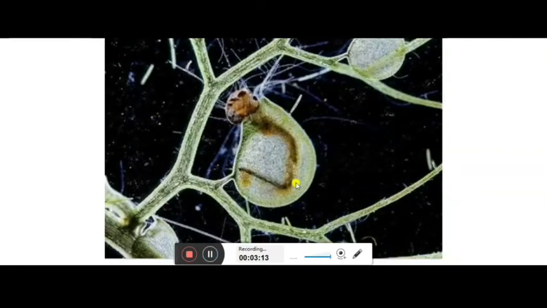Now the next one is the bladderwort. Here you can see the insect is trapped inside, and this is the bladder, a kind of sac. Here also the leaf is modified into a sac-like bladder, and as the insect comes inside, it gets covered. Inside that, in the same way, digestive juices are secreted, and they digest the insect and absorb all the nutrients of the insect.